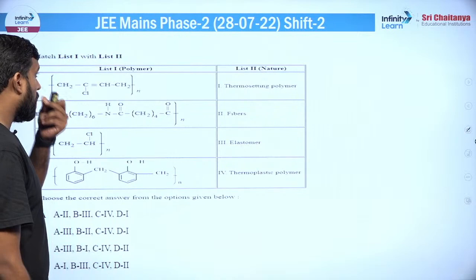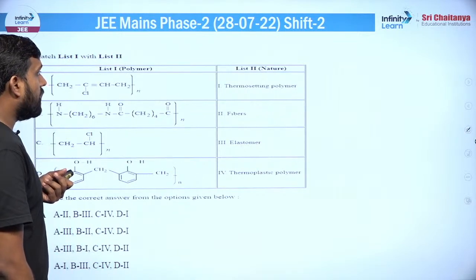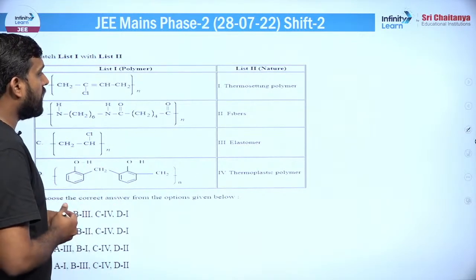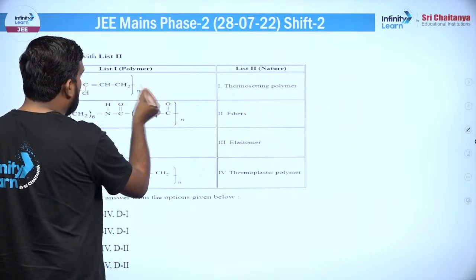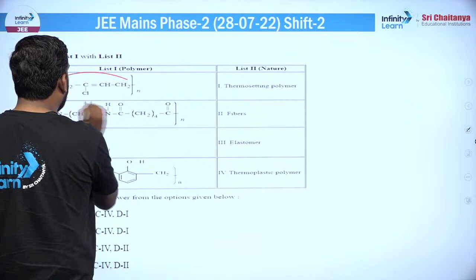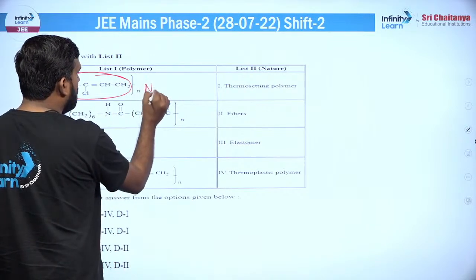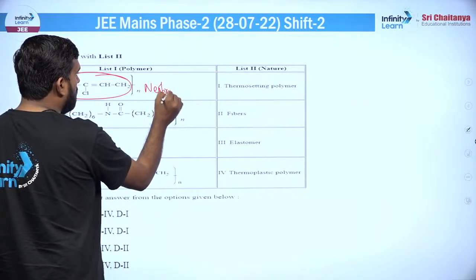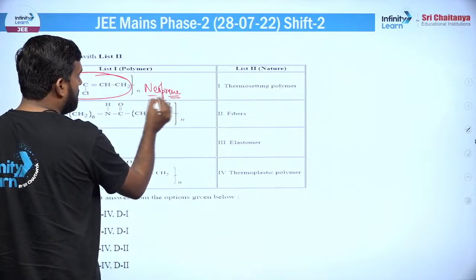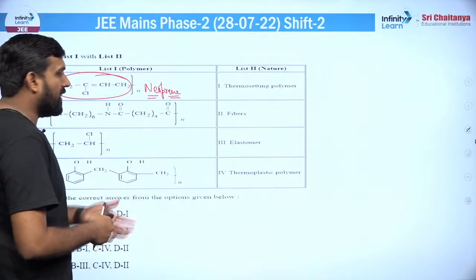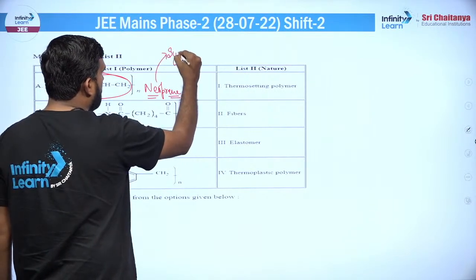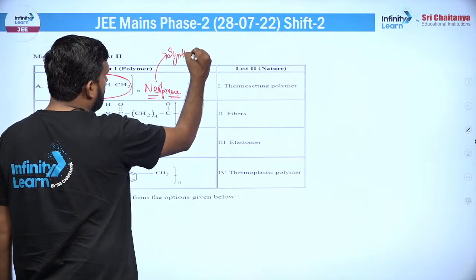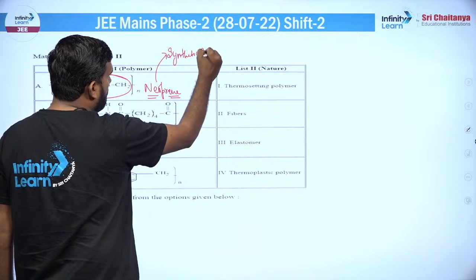गोइंग टू द नेक्स्ट क्वेश्चन, कुछ पॉलीमर्स दिए गए हैं और इनको आपको मैच कराना है लिस्ट 2 उनके नेचर से, ठीक है। तो पहला वाला जो दिया गया है ये तो एक्चुअली क्लोरोप्रीन यानी नियोप्रीन है, ठीक है। तो नियोप्रीन बना रहा है, तो ये प्लास्टिक जैसा कुछ बनाता है, रबर है बेसिकली ये, ठीक है। तो ये सिंथेटिक रबर है और कुछ नहीं है, नेचुरल रबर नहीं है, ये सिंथेटिक रबर है।